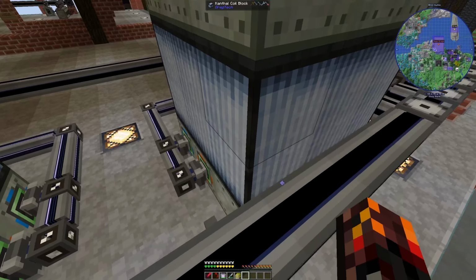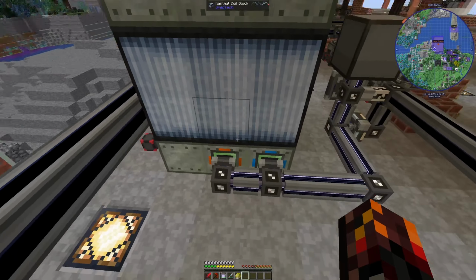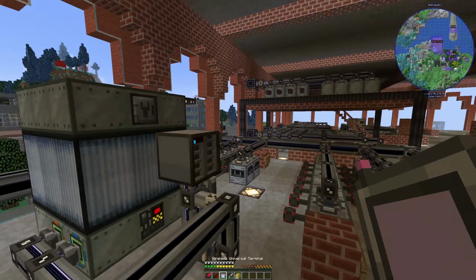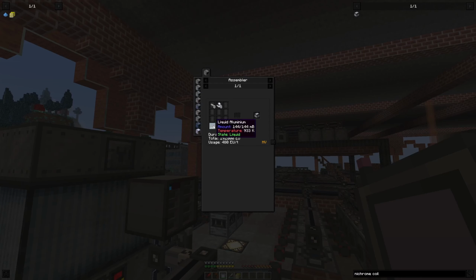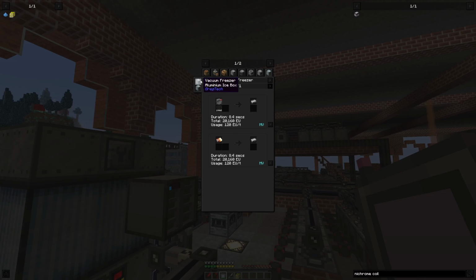I have this stuff set up for when I can get to the point where I can do the nichrome coils, but I can't quite do that yet because I need a vacuum freezer. So I've got everything else set up. I've got the recipe for the hot nichrome ingots, and everything else is fine, but I need these 2x nichrome wires, which require nichrome ingots. Now, the only way to get nichrome ingots is through the vacuum freezer route, which I believe...